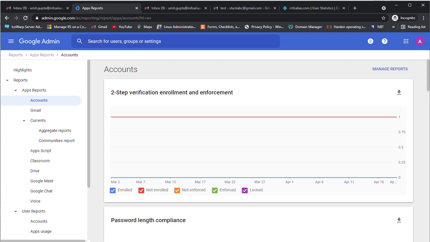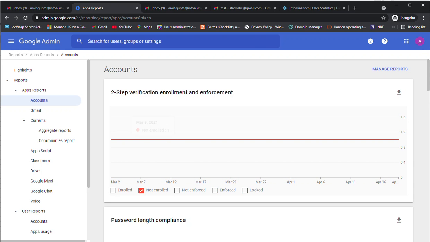If you want to uncheck all this and only download or see the reports which are not enrolled, you need to put the check over here only, and you can see these reports are there. One user is not enrolled, that's why it is showing not enrolled, value is 1. Here is the timeline when users were not enrolled on two-step verification.